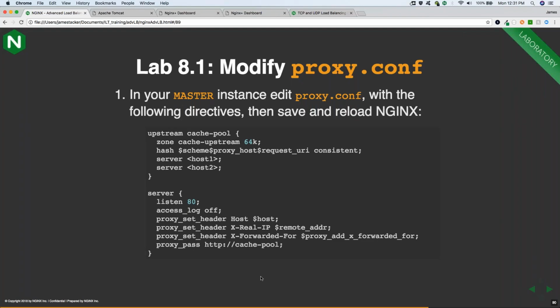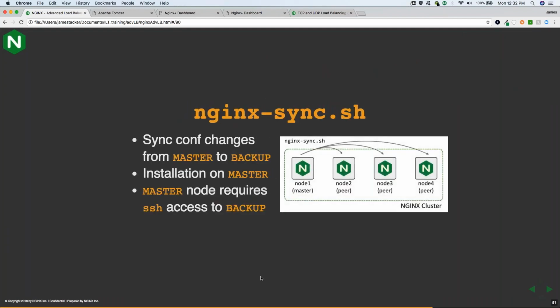The next thing we're going to do is, actually I'm going to skip this, but I definitely recommend doing this when you're thinking about moving to prod: making sure you have a master node and all your peers, and that you're using the master as your zero point of truth, and that you're syncing all your configs with your master nodes. Now, you can do this in your own script, or maybe if you have